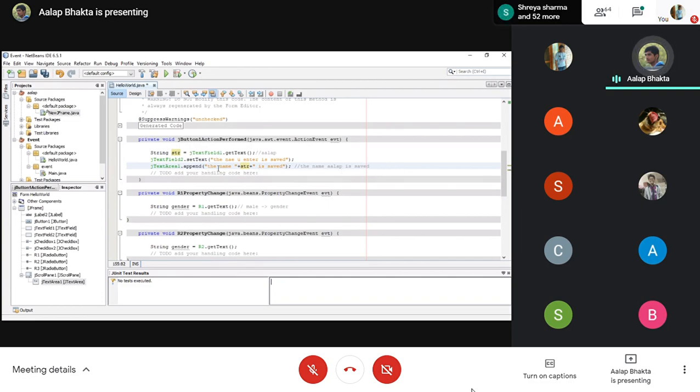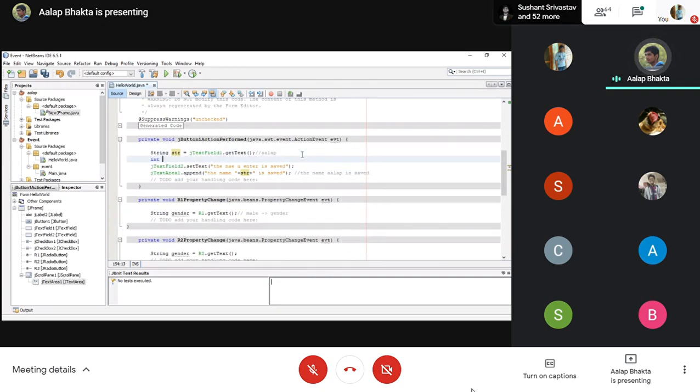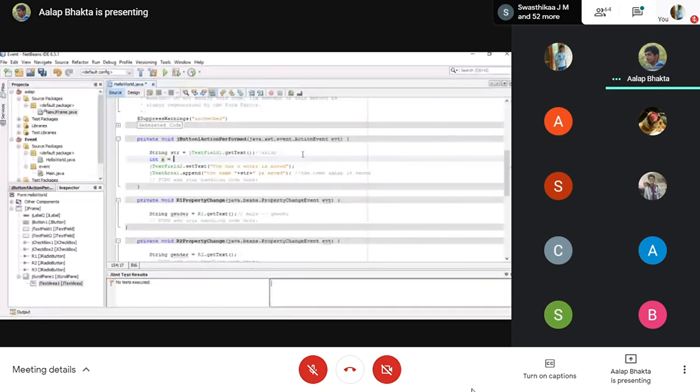So it's like concatenating two strings. The name plus variable. If you want to display anything, just use plus and the variable. This works the same for any integer data type. Int a is equal to 10, just consider this.